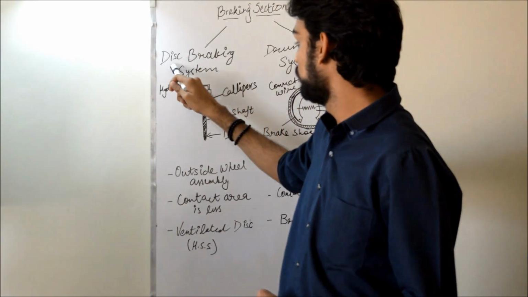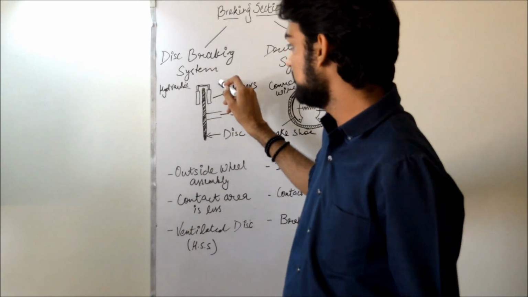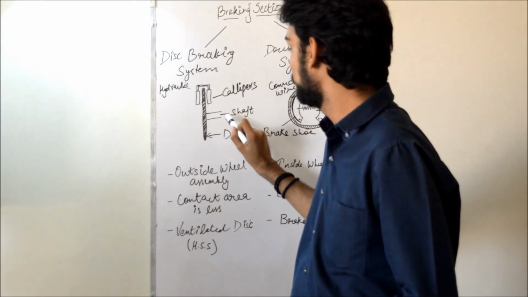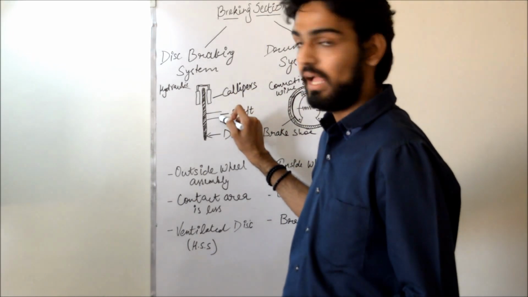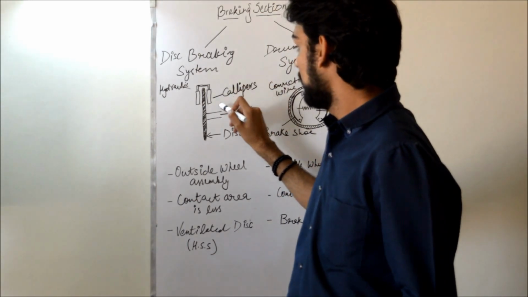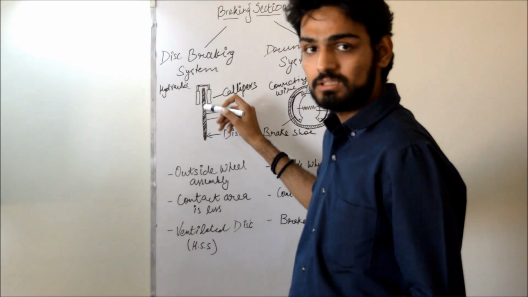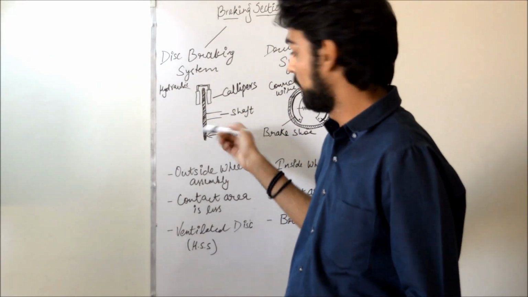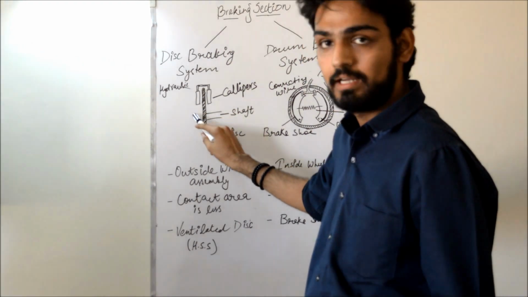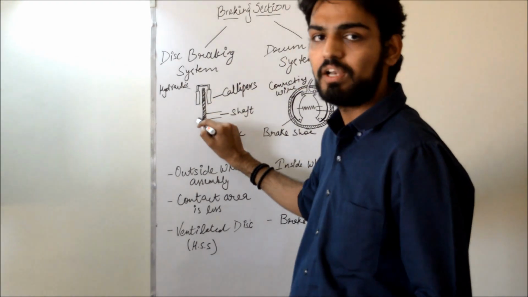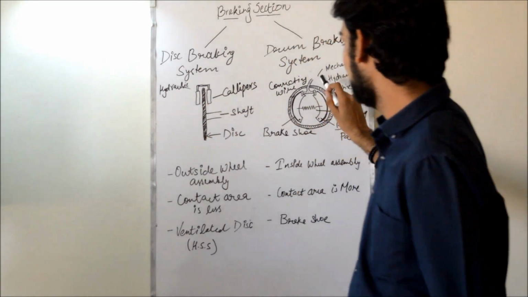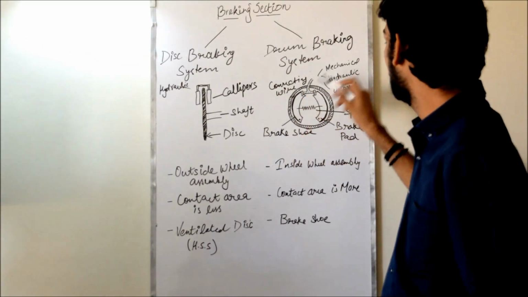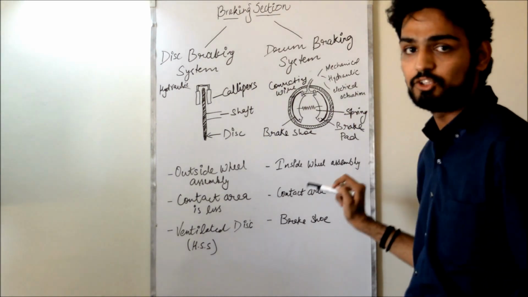Now coming back to disc braking system has these calipers, and this is a disc which is connected to the wheel through this shaft. Now when brakes are applied, these calipers comes in contact with this disc, which halts this disc and which stops the automobile. Now these calipers are only operated through hydraulics, and in this case connecting wires can be operated through mechanical, hydraulic or electrical actuation.